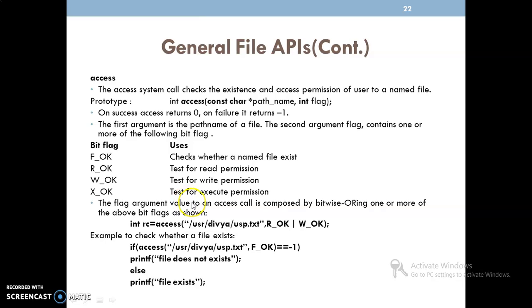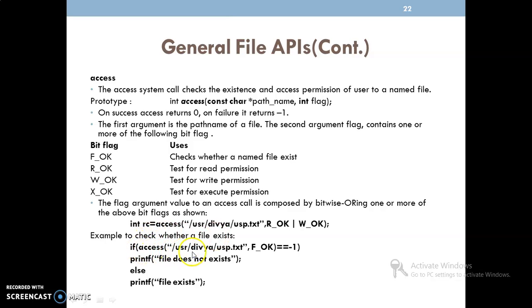The flag argument value to an access call is composed by a bitwise OR of one or more of these. That means I can use these flag values in multiple ways. For example, R_OK | W_OK: I am checking whether this file, user.usp.txt, has the read permission and also the write permission.